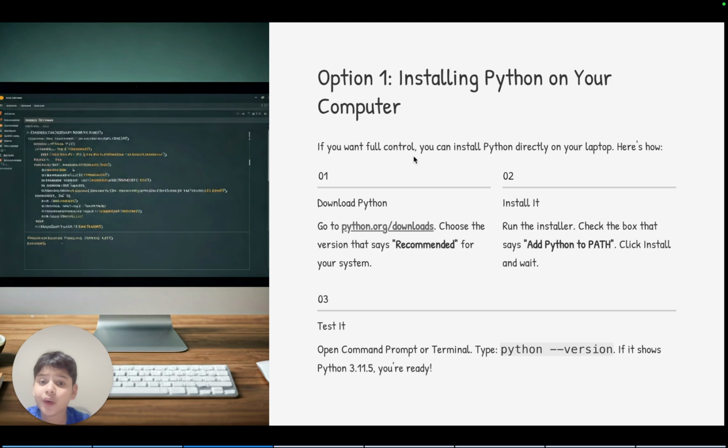Step 3. Test it. Open your command prompt window, or terminal on Mac. Type python, two dashes, version. If it shows something like Python 3.11.5,